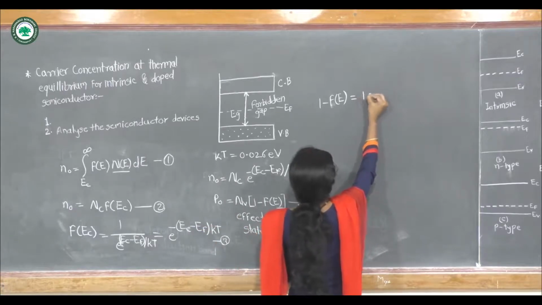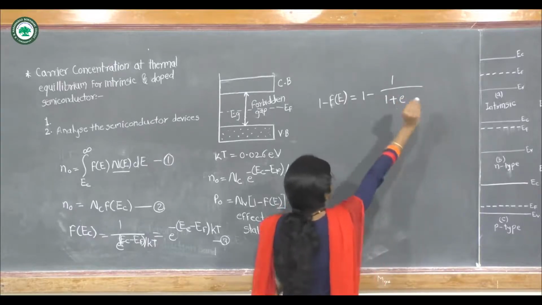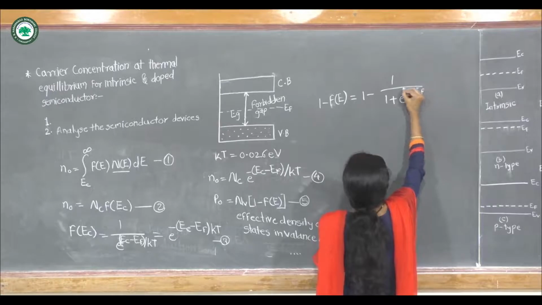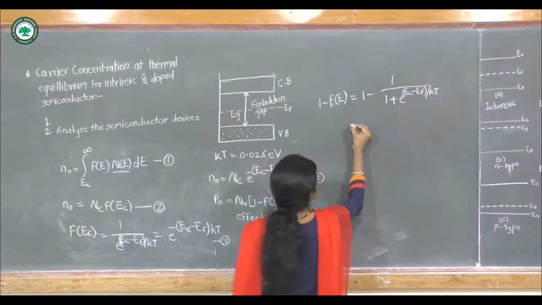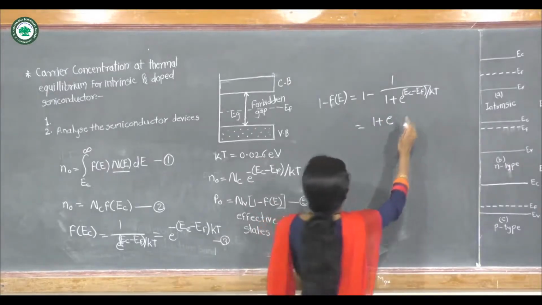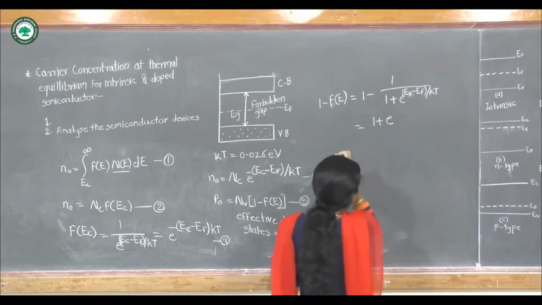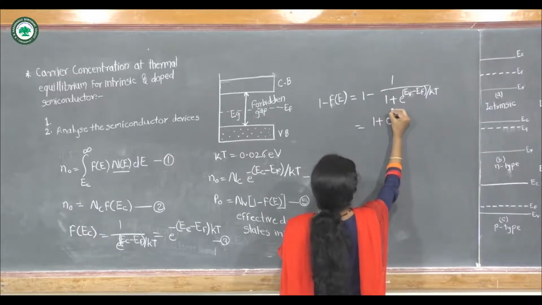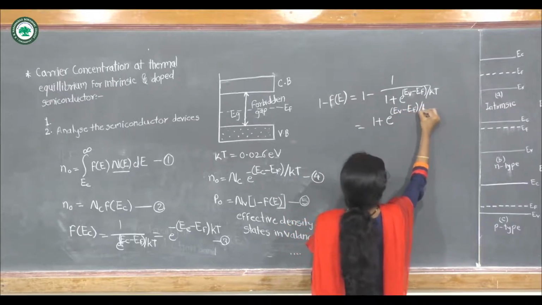So one may write here 1 minus 1 upon 1 plus e raised to (Ec minus Ef) by kT, and by solving this we get 1 plus e raised to, sorry, here must be Ev, as we are finding the empty states which are below the valence band, and by solving this we get 1 plus e raised to (Ev minus Ef) by kT